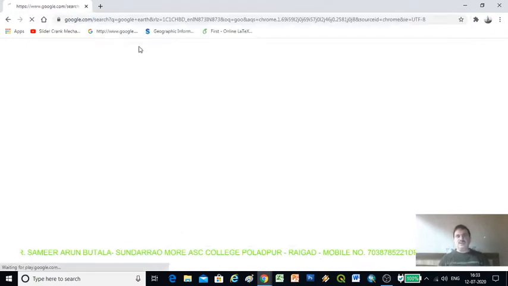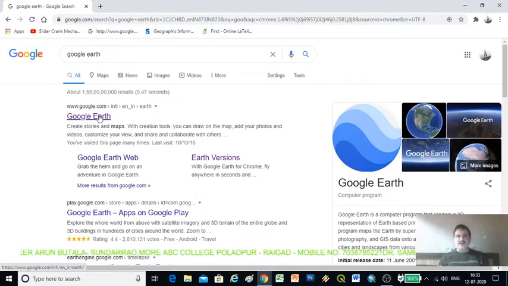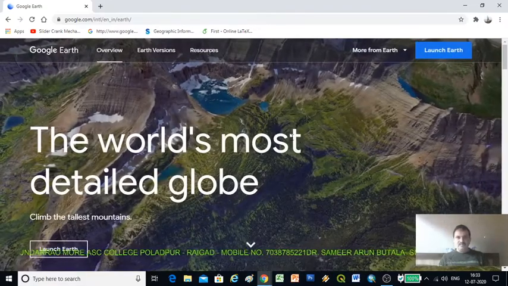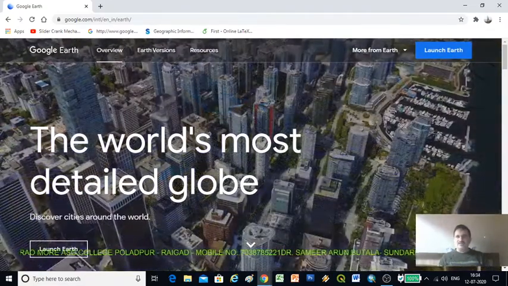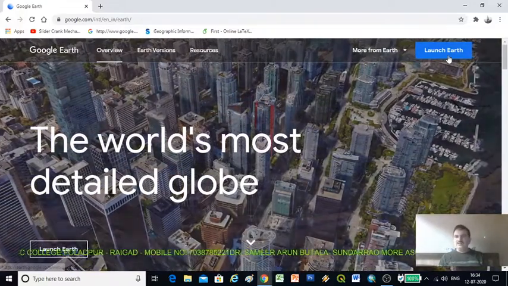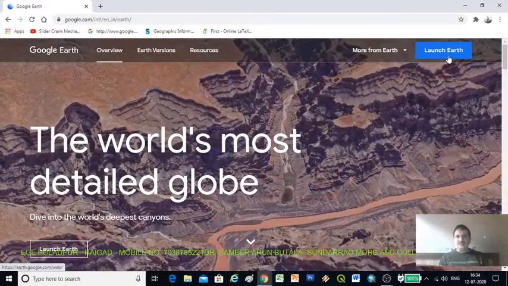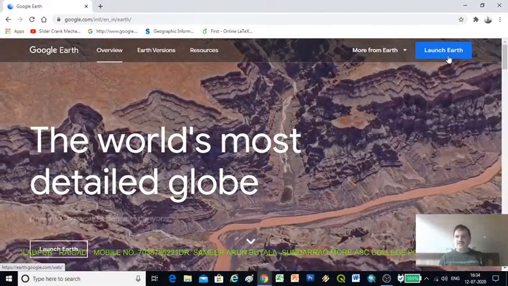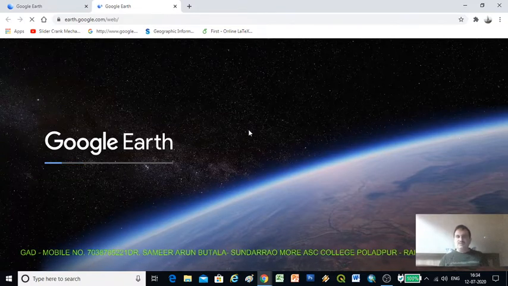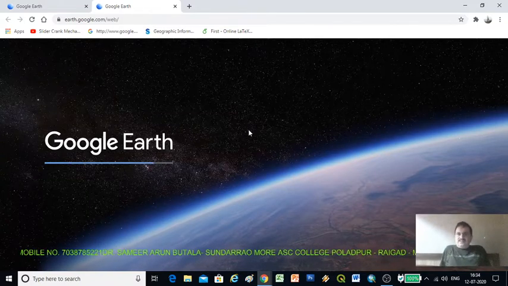Now this platform has changed. It has been a web-based platform for the last few years, so we can directly launch Google Earth using the Google platform, and we find there is no need to download the latest version of Google Earth.